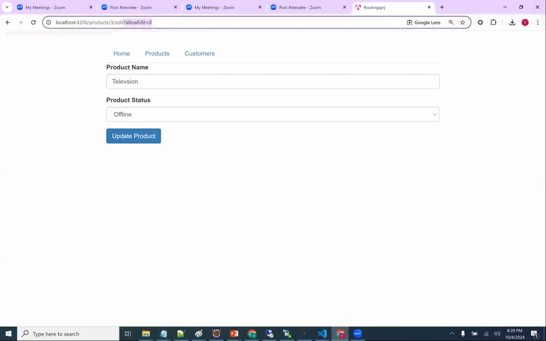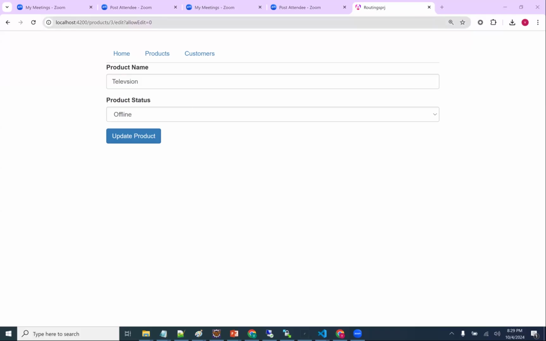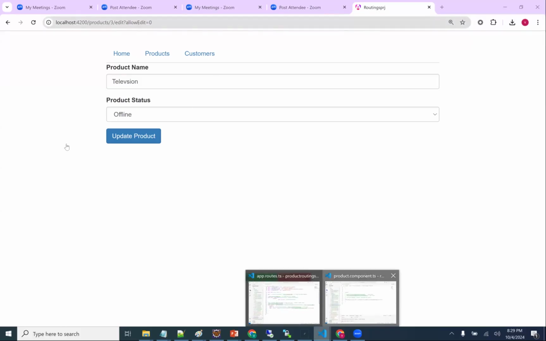Now I got in the edit product component whether I can edit or not. If allow edit is equal to 1, I can edit it. If allow edit is equal to 0, I cannot edit it, right? I clearly got it, right, guys? If allow edit is equal to 0, now I cannot edit it. If allow edit is equal to 1, I can edit it. I'm getting that, right? So simply, I'm going to edit